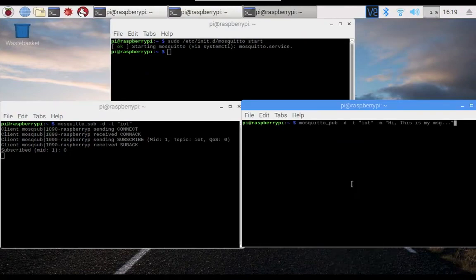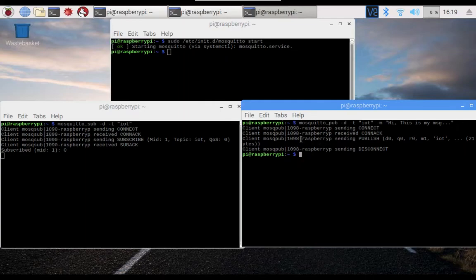It is mosquitto_pub, meaning publisher, -d -t, and then the name of the topic. The name of the topic should be the same, so the name of the topic is IoT. Then -m, and whatever is written after -m is the message that the publisher wants to send. So here the message is "hi, this is my message". Okay, I'll hit enter.